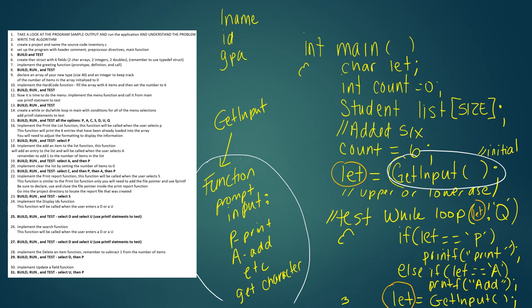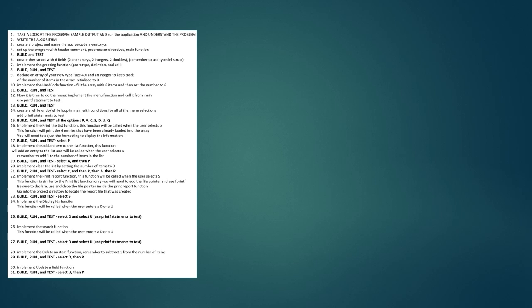So now so far we have put 6 items into our student list. We've set our count to 6. And we are now able to run our loop. So let's do our first option in our loop. All right, so the first option in our loop is going to be the print to the screen function. So the print to the screen function, again, you can name it whatever you want. But this is a good function because the print to the screen function gives us the opportunity to see if